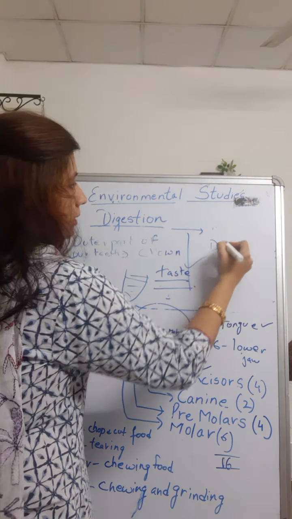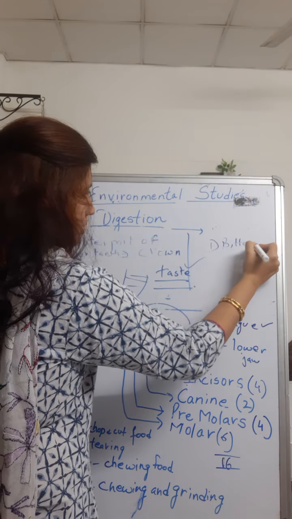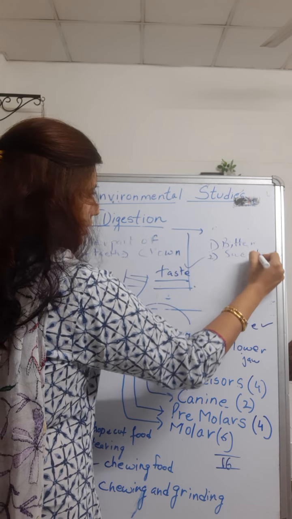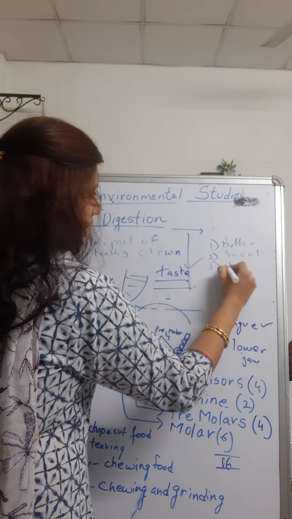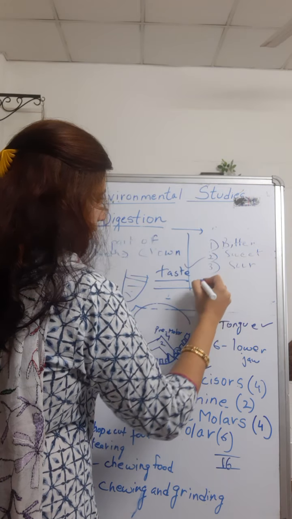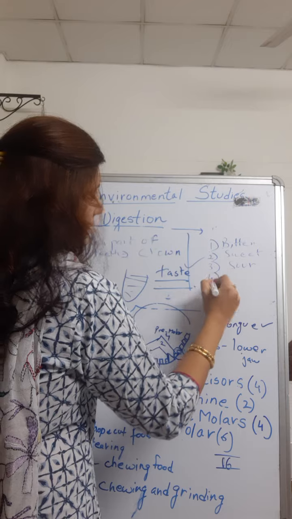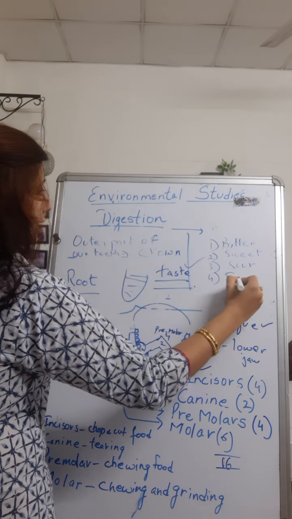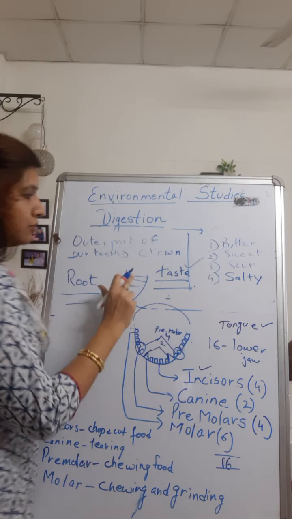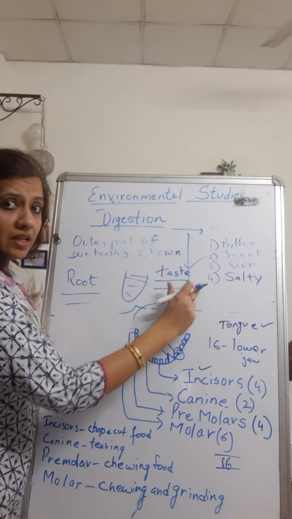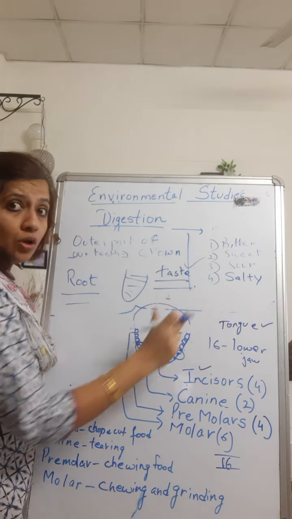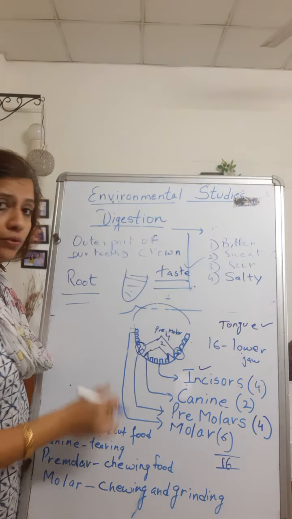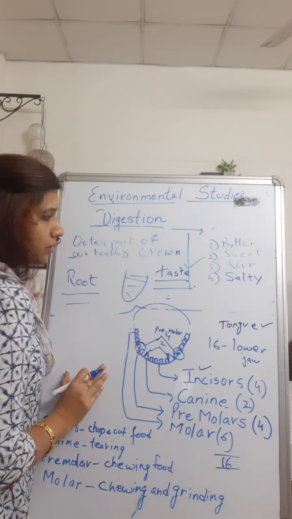We can feel bitter taste. Bitter is कड़वा. Now is it sweet? Your toffees are sweet. Is it sour? Your lemon is sour, that means खट्टा. So it's bitter, sweet, sour, or else it is salty. In which portion of your tongue you feel what kind of taste, you are going to tell me. You can message me or you can write. This is your activity homework for today.